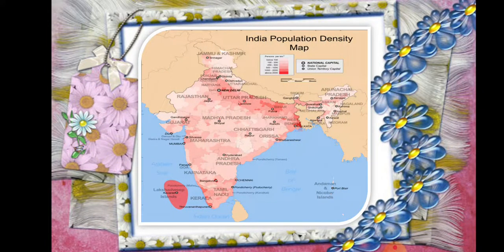Now here, because of migration also, we find there is a difference in the density of each area. Now what is density? Let me explain. Now you can see India's map. In that you can see some dark color regions, some light color. Dark means higher density. The medium color is medium density, and the lowest density is the light